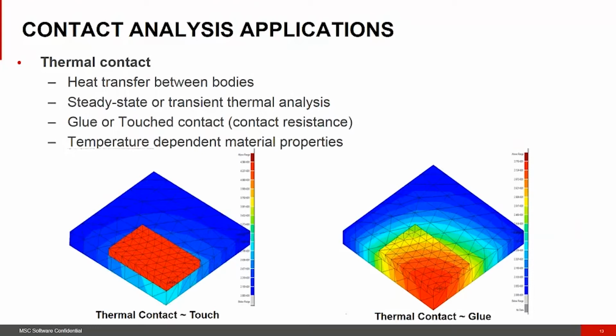Another application of contact is the thermal contact that we have in MSC Nastran. This allows you to define the heat transfer between the bodies. It's very useful in the electronics industry, and the thermal contact allows us to accurately capture the thermal gradient between different components. It can be glued or it can be touching. And we can see here the thermal contact with glue on the right-hand side and the thermal contact with touching on the left. The temperatures are continuous when we use the glued case. And we can see,